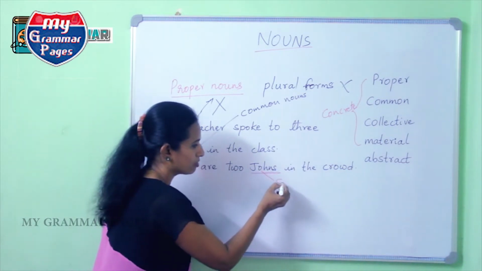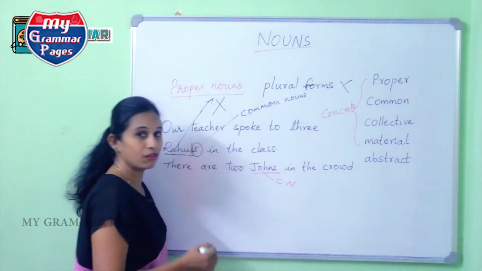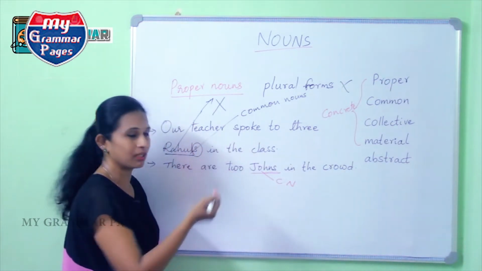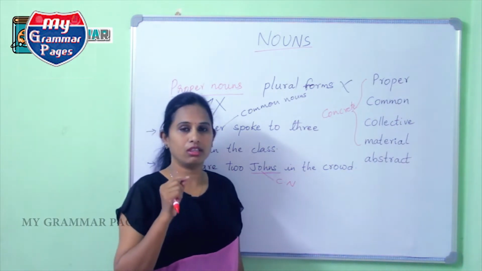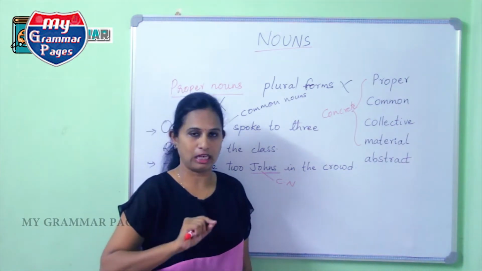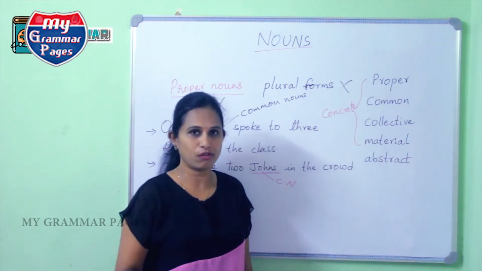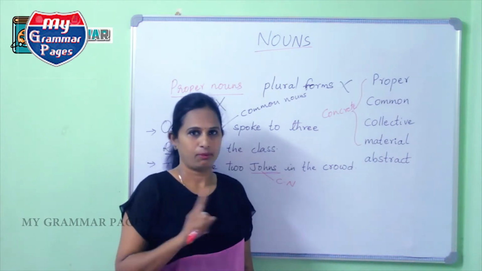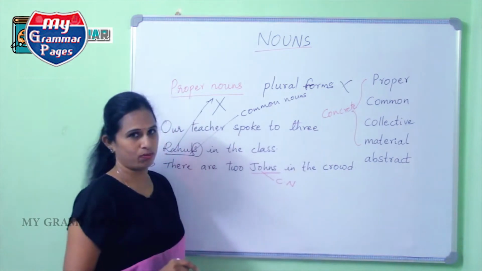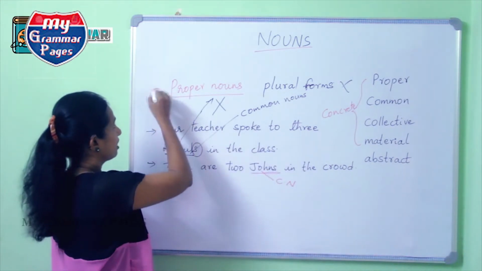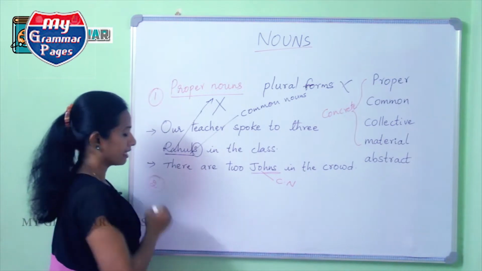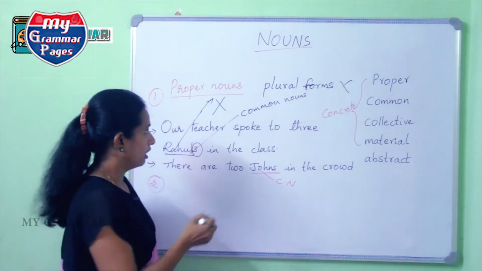So here it becomes a common noun. Suppose anyone asks you why it has become a common noun, we can clearly say that the plural form does not exist for proper nouns. If proper nouns are given the plural form, they are no more proper but become common. This is rule number 1 for the proper noun, and in rule number 2,